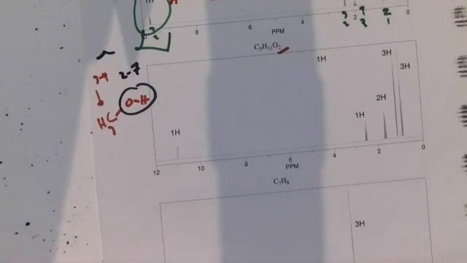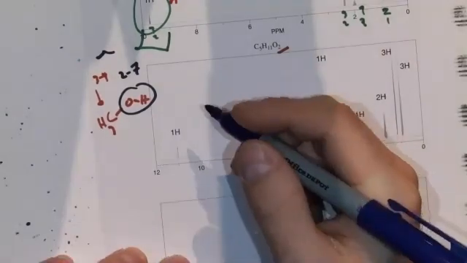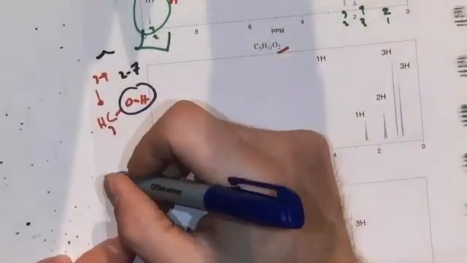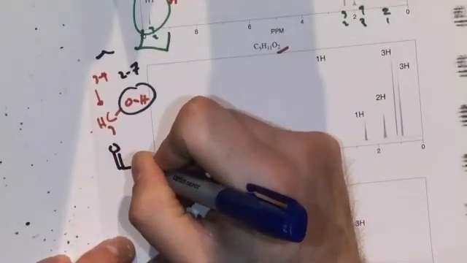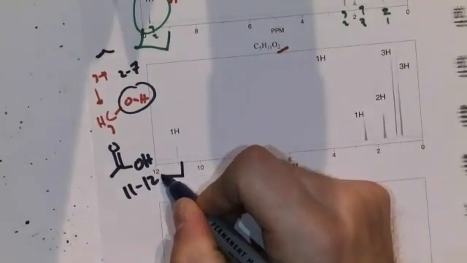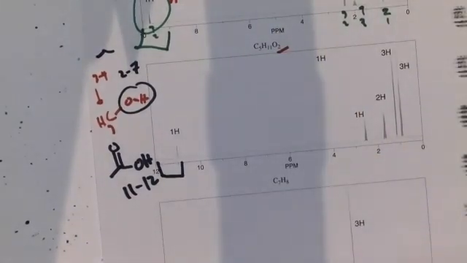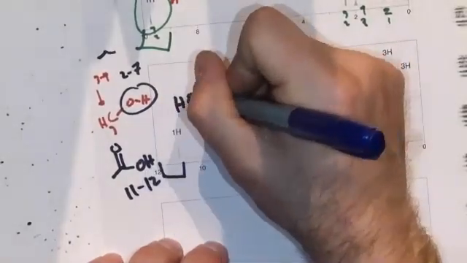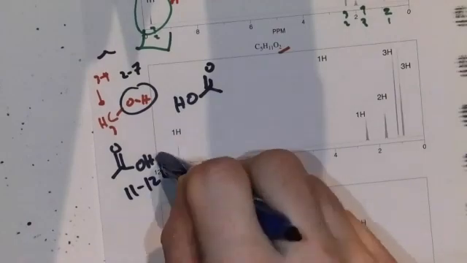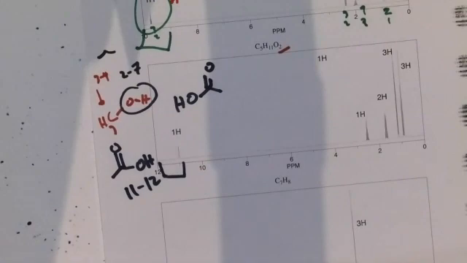But if it ends up really far down, like in this 11 to 12 range, this is going to be a carboxylic acid. So if it's all the way down here, this is going to be a signal that what you have is going to be this. Also in your book, they give you a table that says where all these show up, and I'm going to give you guys that in your exams also. If you look on the old fall exams, you can see that it's already there. So